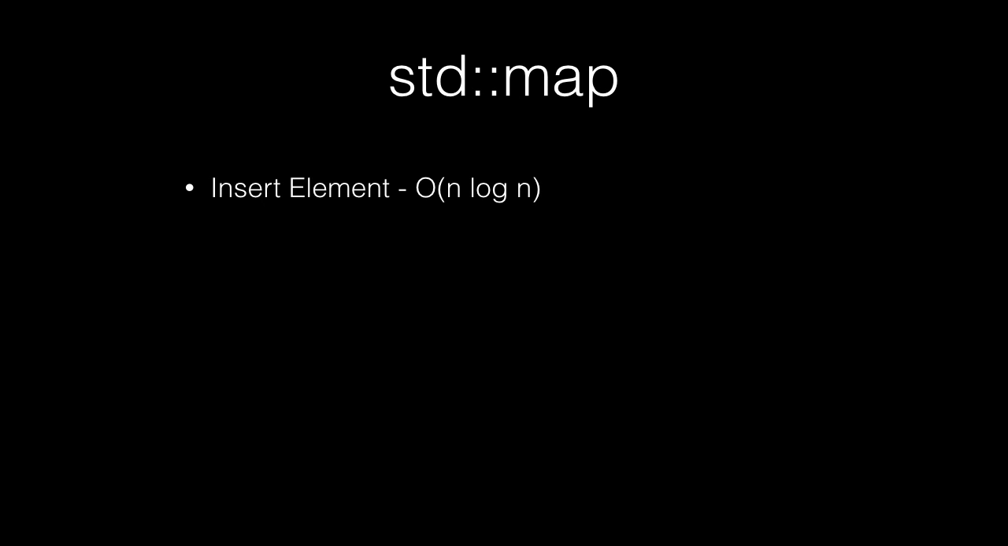Moving right along to the map. Inserting an element of a map, I always thought this was just logarithmic, but I looked it up and apparently it's n log n. Finding an element by key, this is important. Maps are indexed by key, not by value. So you could basically, if you wanted to have a map of things, you might say